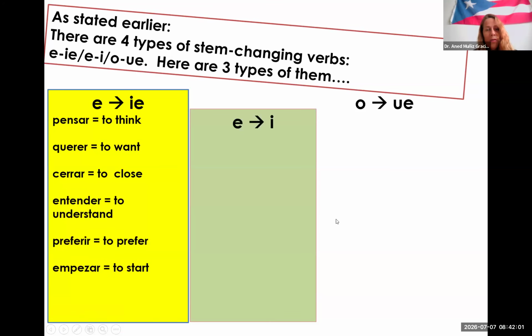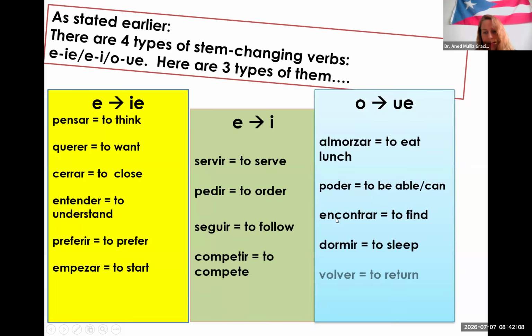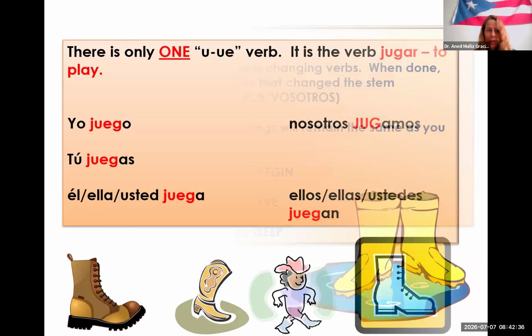Okay, so this is just a preliminary list. You have more in Canvas and in the vocabulary list. There are more than these verbs, so this is just to start to get used to conjugating. And then also this is the verb that is u to ue, jugar. It's not yo jugo, like I juice, and juice as a noun, not as a verb, right? It's not yo jugo, but yo juego. But again, you don't make the change in nosotros jugamos, and vosotros jugáis. So, entonces,